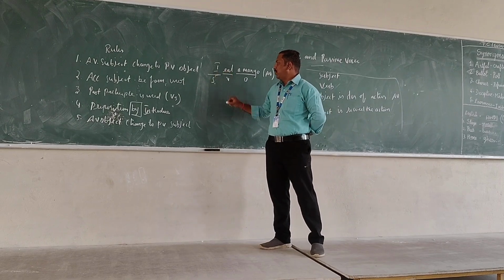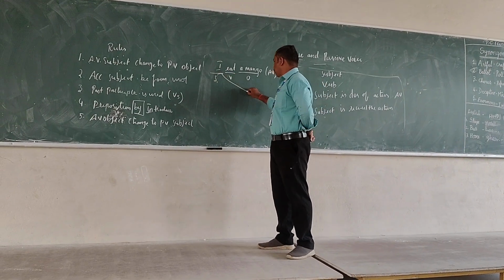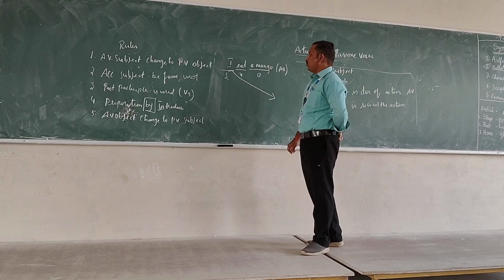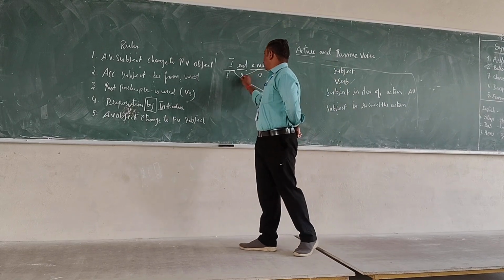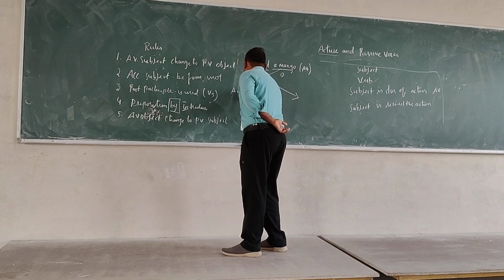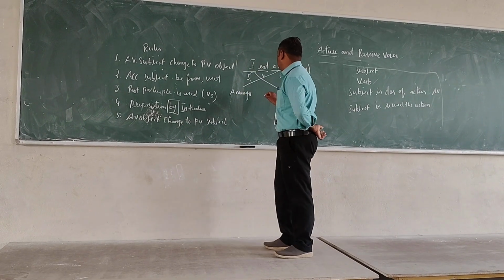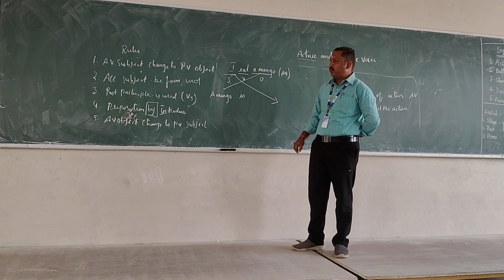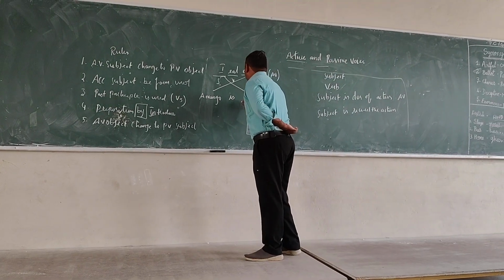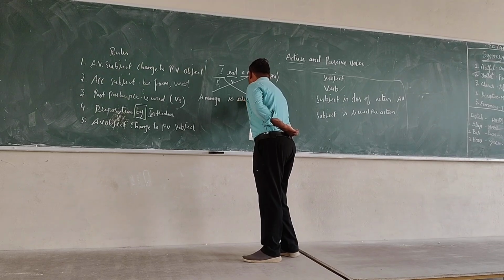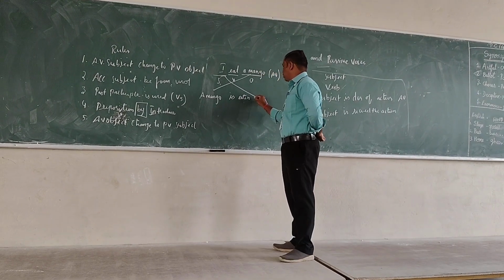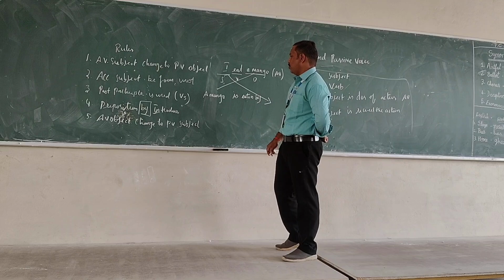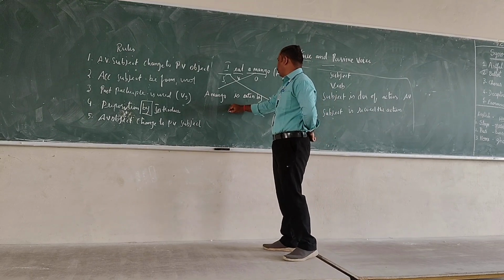The subject is I. Then according to the subject we have to use the be form verb. Mango is the subject, so we have to use is. Then third one, past participle verb, V3 verb: eaten. Then preposition by. Last one, active voice object changes to passive voice subject. A mango is eaten by